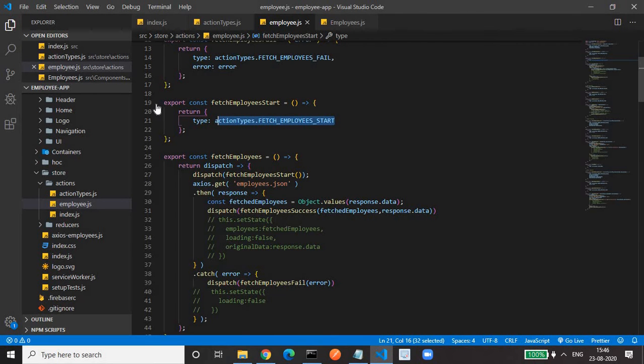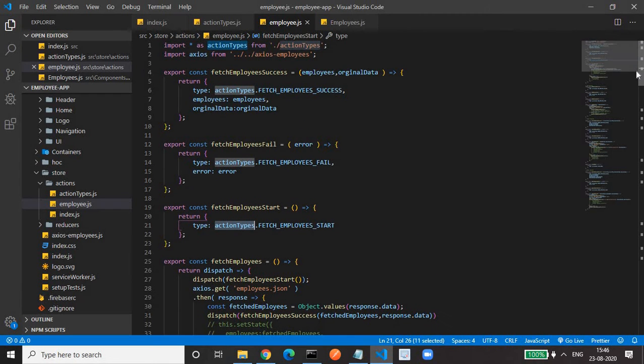For this spinner to be shown, we have an action creator in which we are returning an object, an action. It's an action creator because it will create an action. An action is an object having type and payload. Type is mandatory and payload is optional. So it has a type of action type fetch employee start. What is this action type?